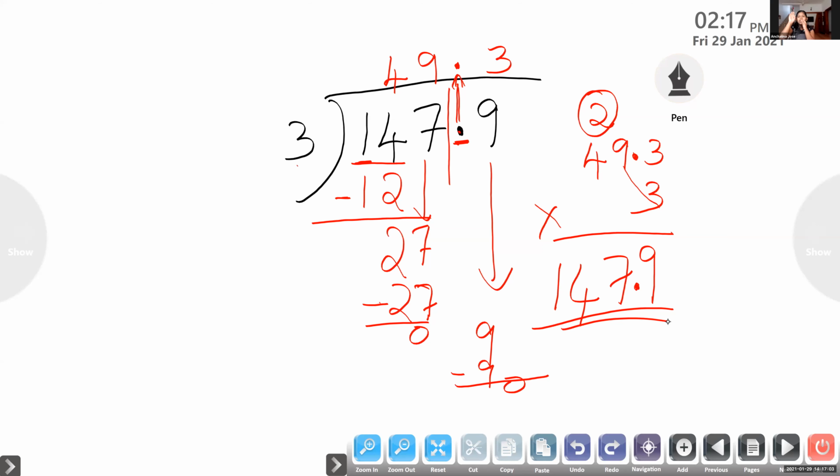Ma'am, I have a doubt. Ask. Ma'am, after the decimal point in the question, we have 1 digit. So, in the answer also, after the decimal point, we need 1 digit. Not like that. There is no rule like that. If it is 9, we can divide by 3. 3 times 3 is 9. That's why. Okay, ma'am. When we divide, we can write in the answer after the decimal.